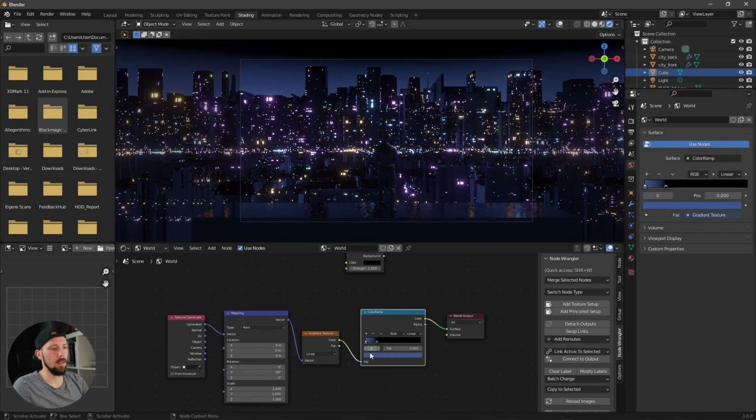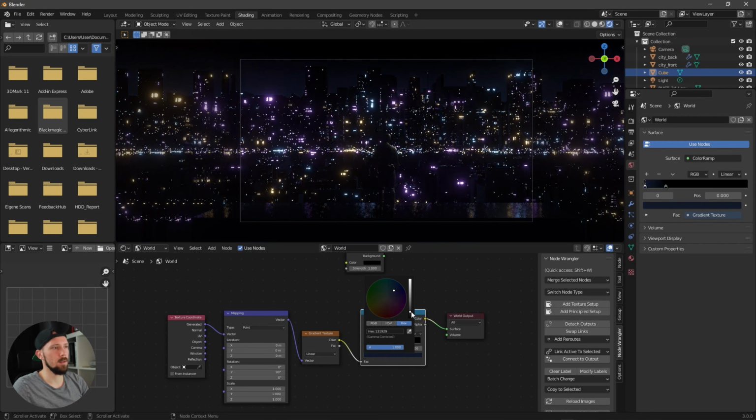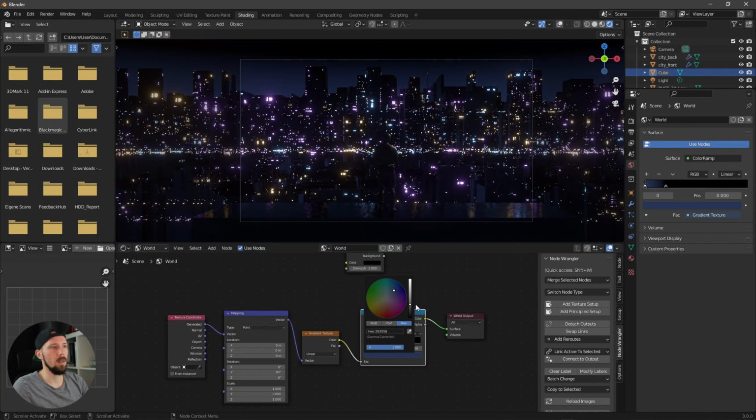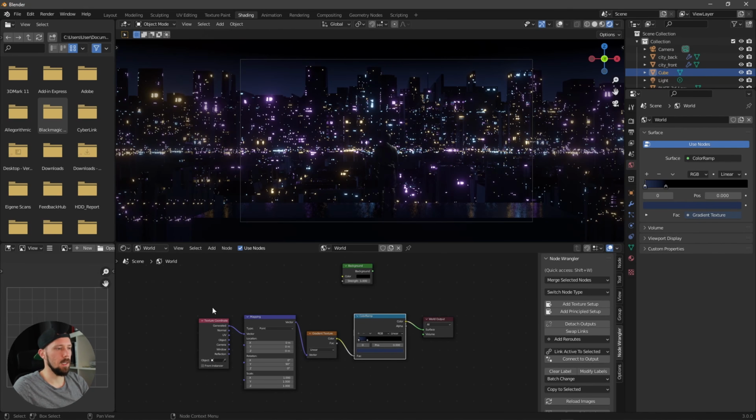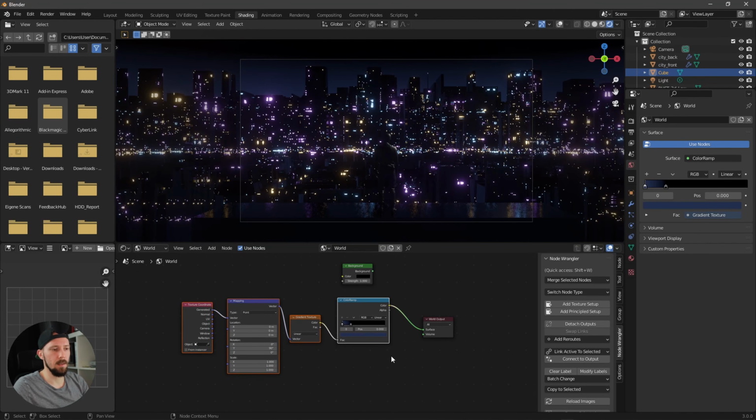And I think we go a little bit darker here, so I only want to have just a little bit of color behind this one. I think that's cool here right now. Okay, and the other thing in these world settings is